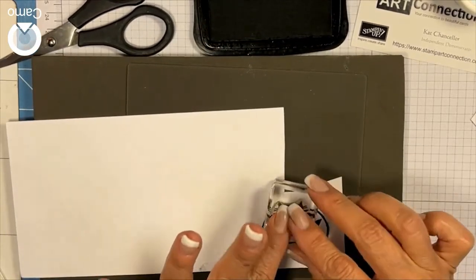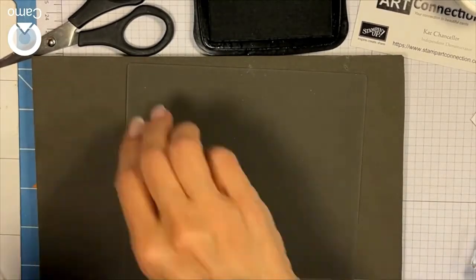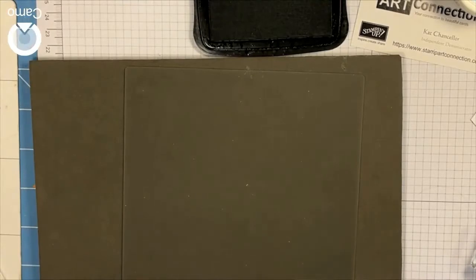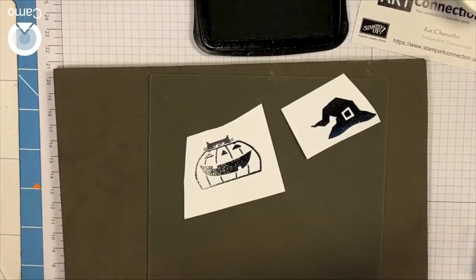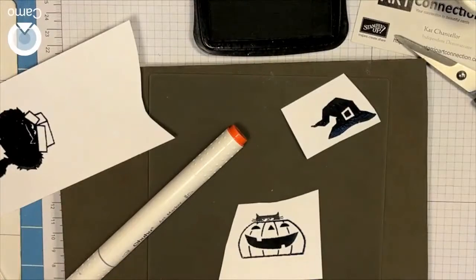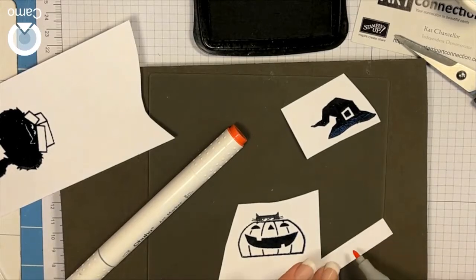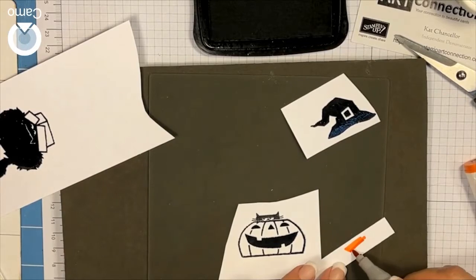See how I put my little cat? There's my little cat, right on top of my pumpkin. So now I'm just going to go ahead and put that aside. So I have the hat, and these are some colors that I picked up on